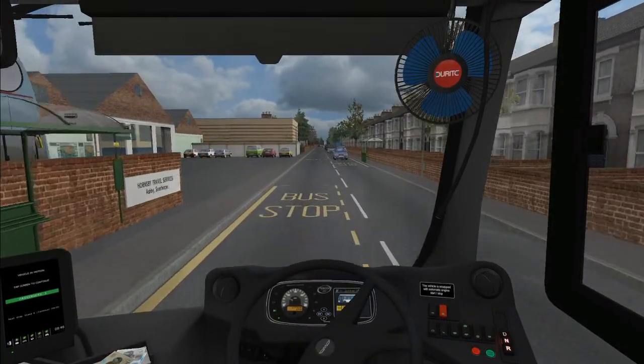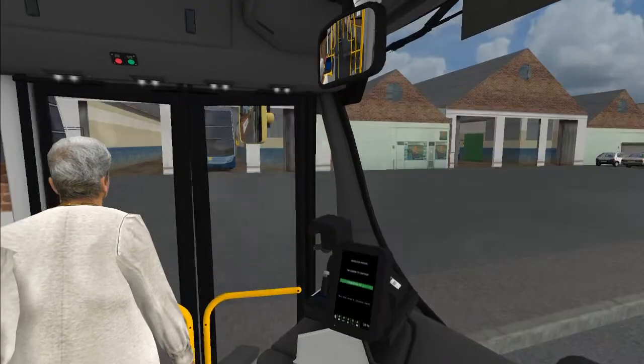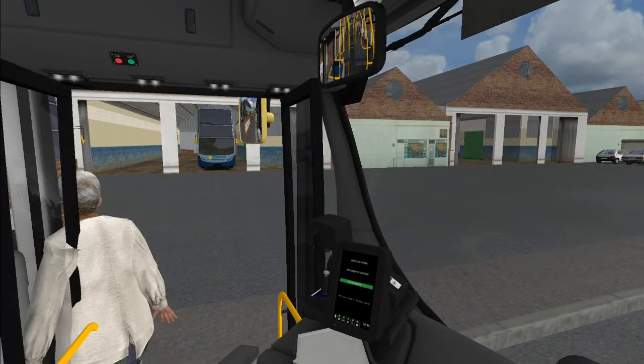So there's Hornsby Depot. This is where Route 4 operates out of. As you can see, it's like a petrol station, it's tiny. It's so realistic, the finest detail in the game is...